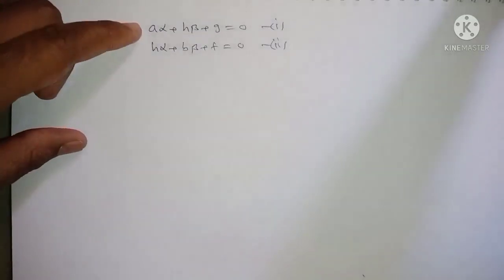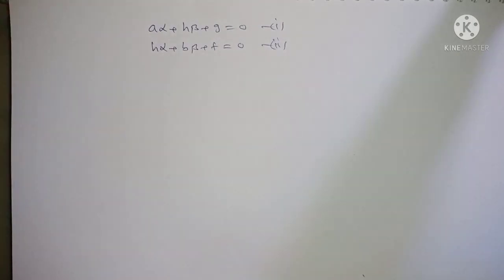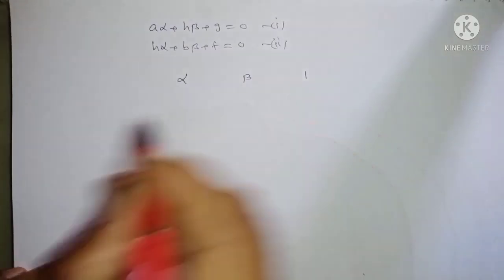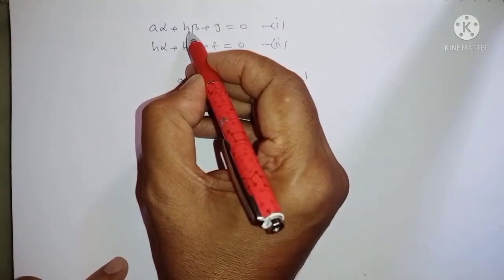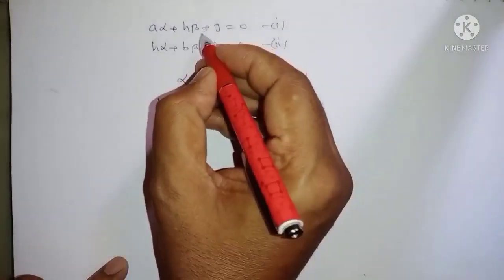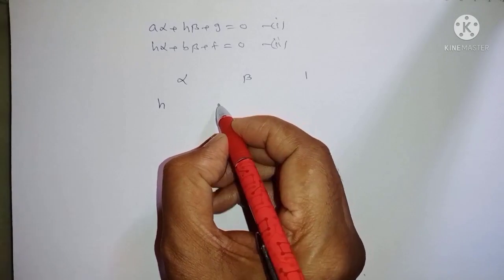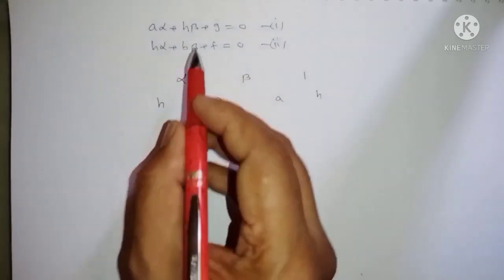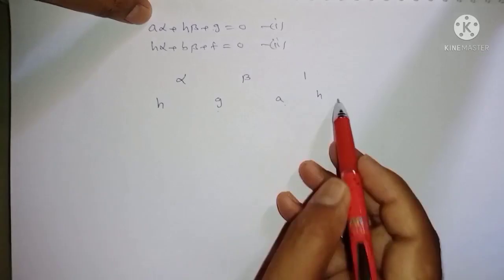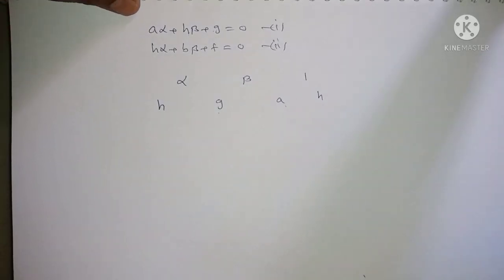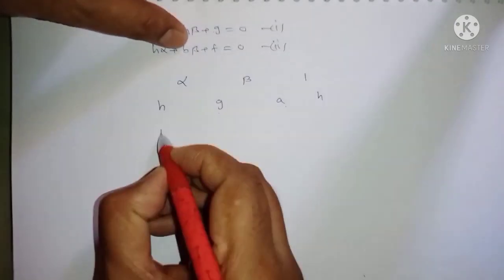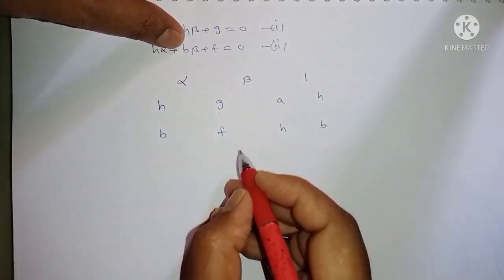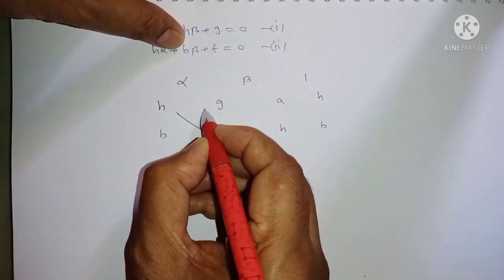You get the alpha and beta values. You can solve these by multiplying with h and a, or we have another method. I can write here alpha, beta, and a constant, which is one only. You can write these coordinates: h and g, then a and h, repeating a h only. Clear? h g a h. You know this method from 10th class. Starting with b and f, and this is a h, and repeat a b only. Then you can do cross multiplication here.